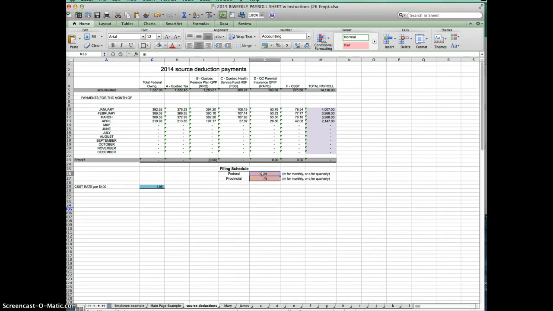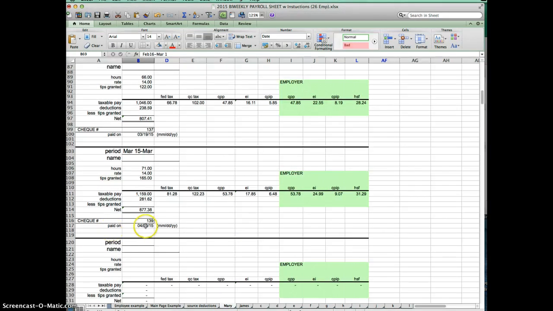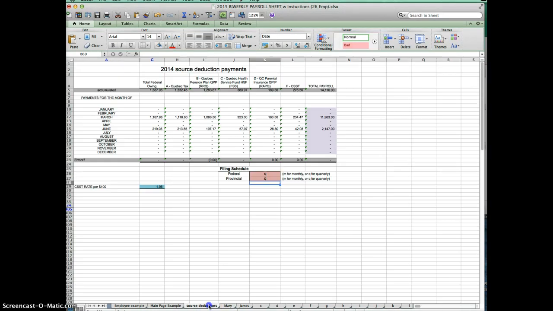So let's put this back to quarterly, and so now, even though I have entered my next paycheck, the one that was written in April, you can actually see that here. This check was cashed on or written for April. It hasn't changed what I owe for my payment in